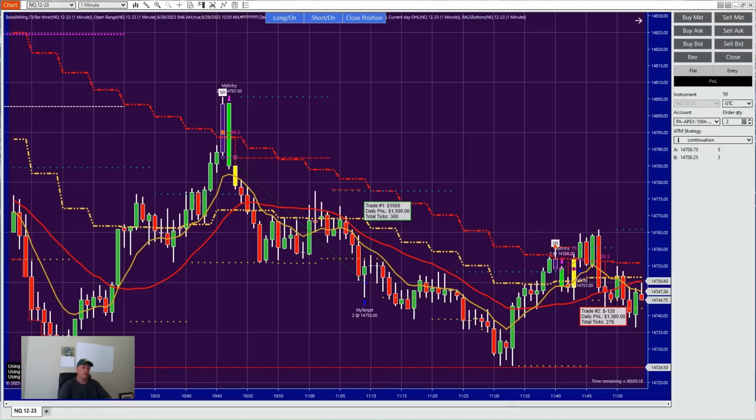So each one of these trades, the 5 minute red line, the 5 minute gold line, and the 1 minute gold line, each one of them has a specific way that the trade management is done based on how I wanted it done for each indicator. So it's for each trade. And then what I've done is